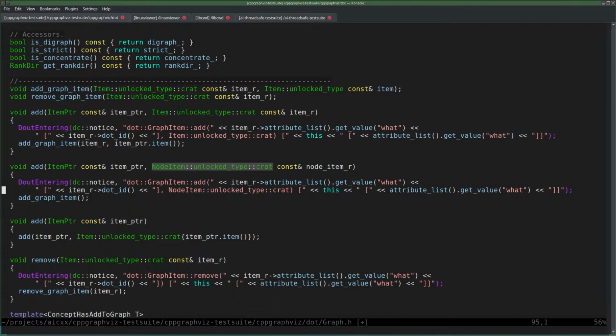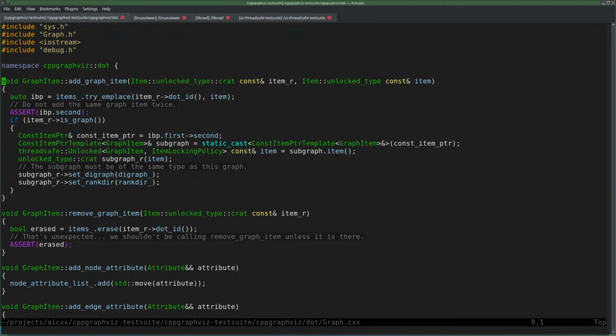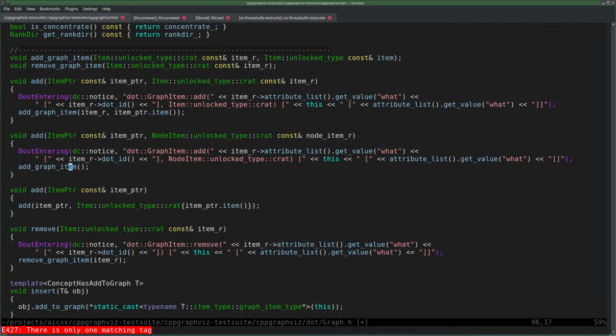Okay, and now I need to fix that. Add graph item, which takes an unlocked. Is that the only one? Yeah, it takes an unlocked C-red item. Comma. That's the same thing.